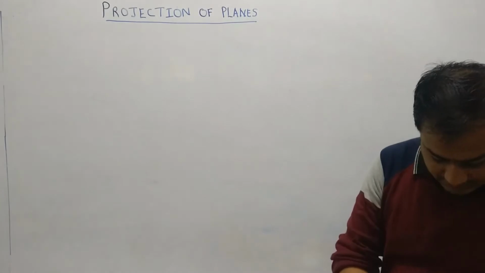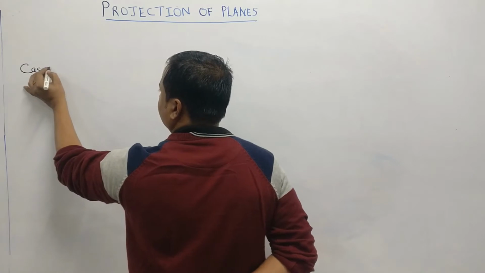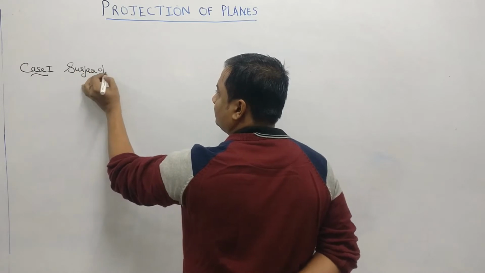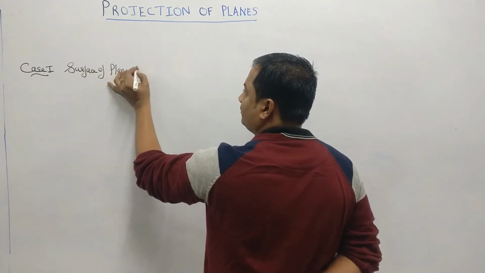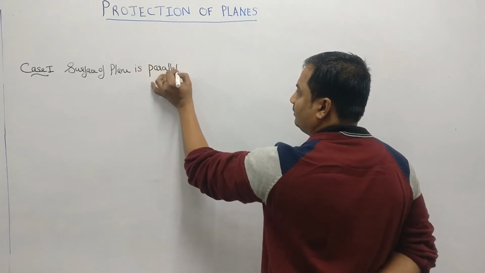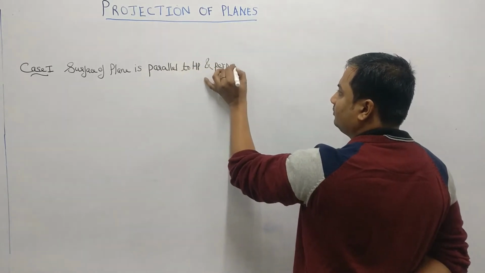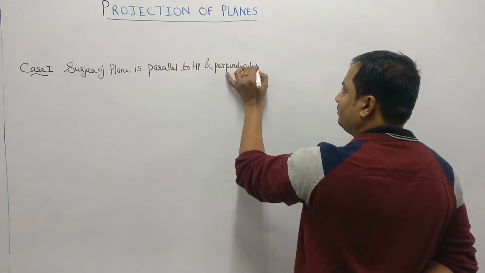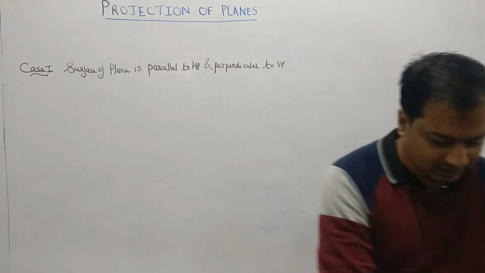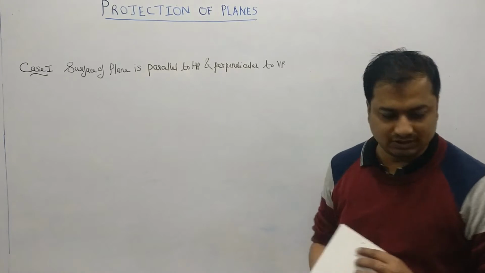So there are so many different cases. Coming to the first case, case 1 is when the surface of the plane is parallel to HP and perpendicular to VP. So this is the first case when the surface of the plane is parallel to HP and perpendicular to VP. So the case will be